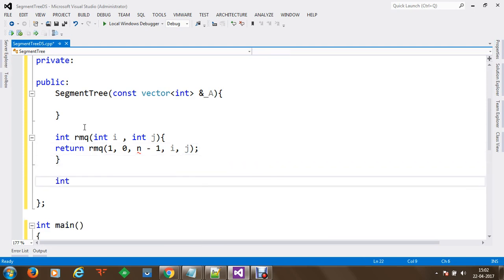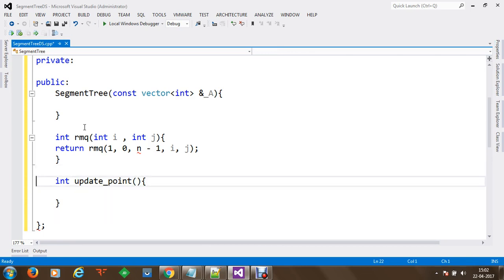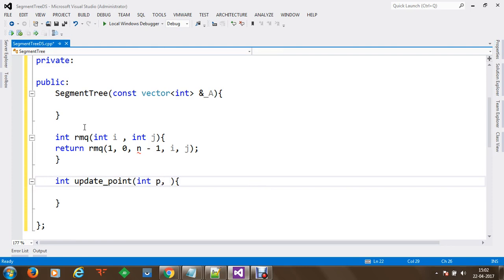Once we are done with this, we are going to create a method to update point, and in order to update point we are going to have a few values here, and here we are going to specify an integer position p which has to be modified, and we will be specifying a new value which we want to put in. You can specify a position or you can also specify it as index. Let's call it as index.